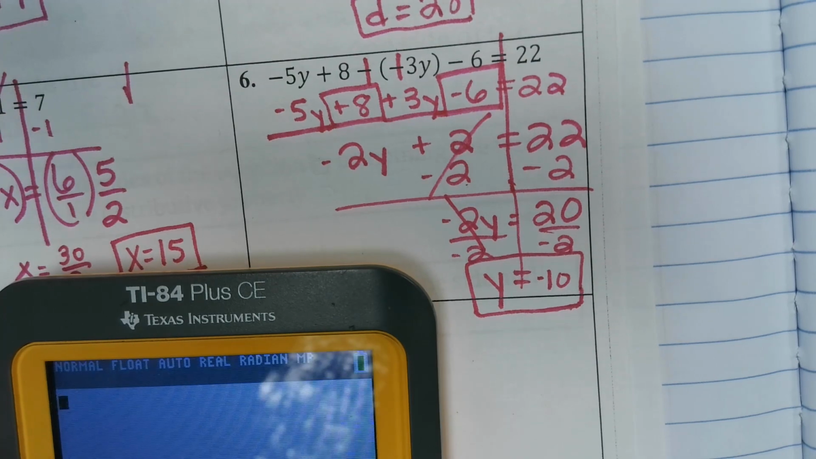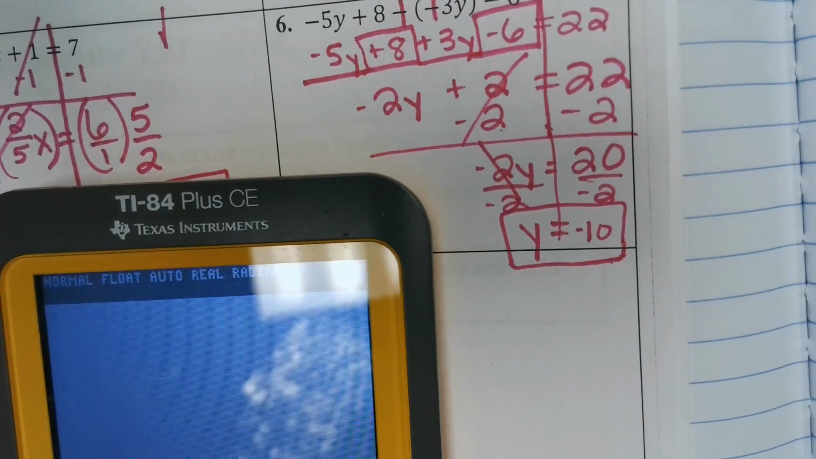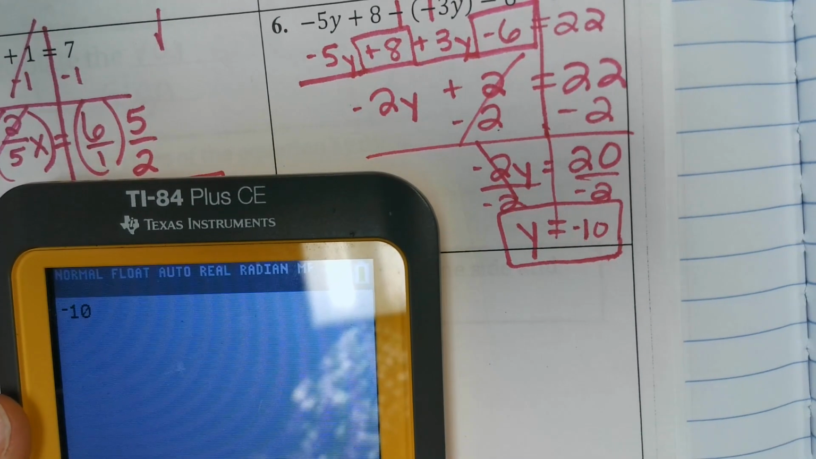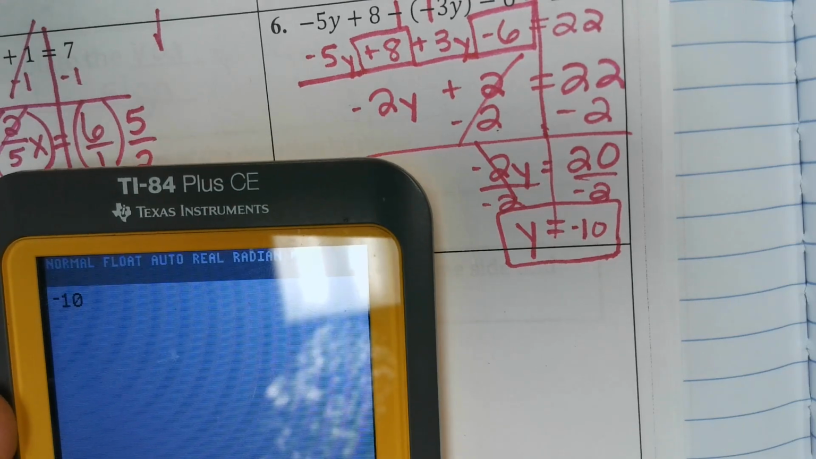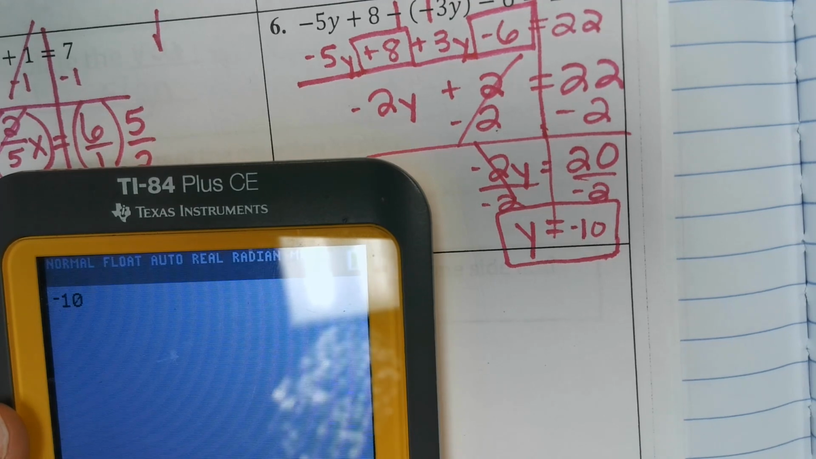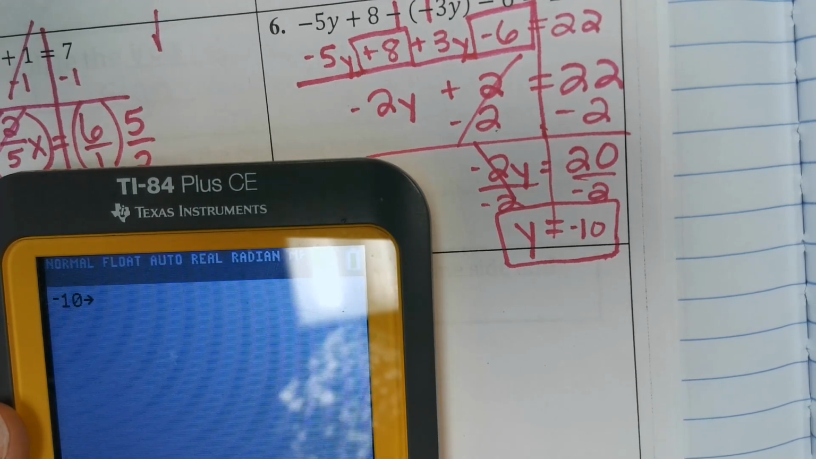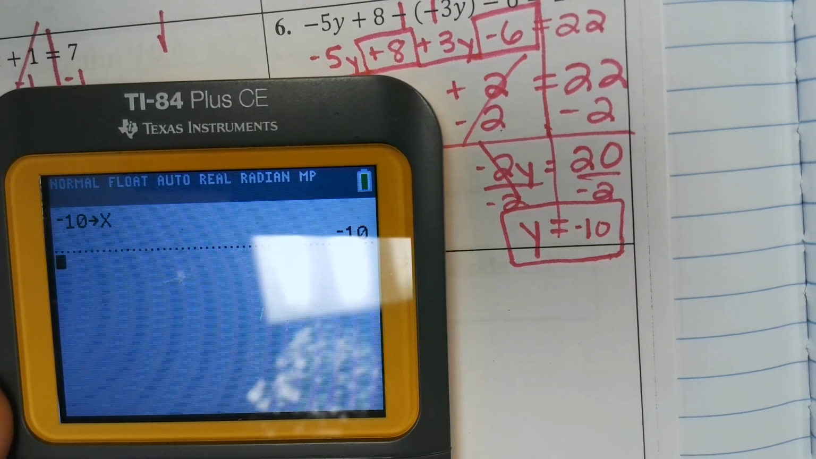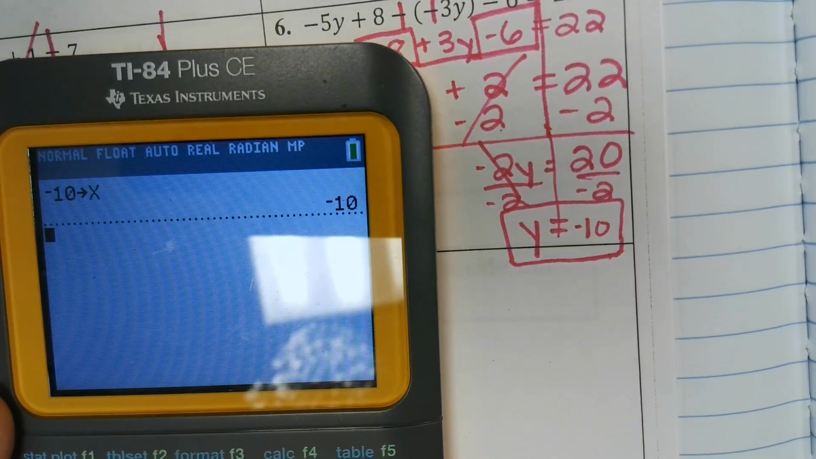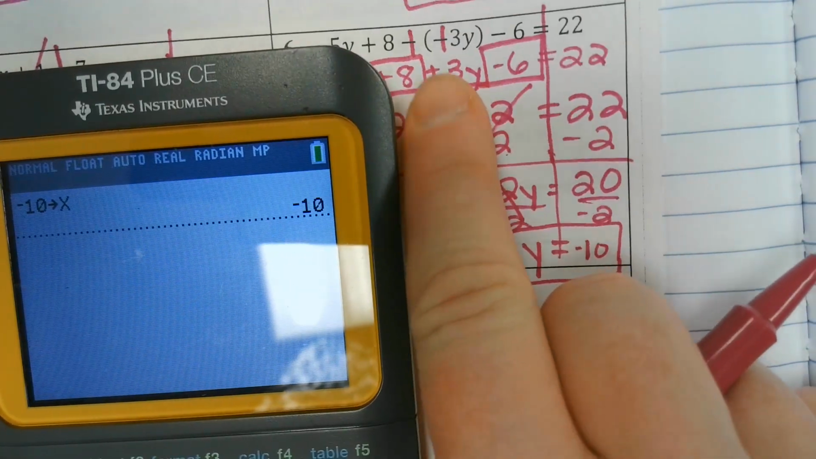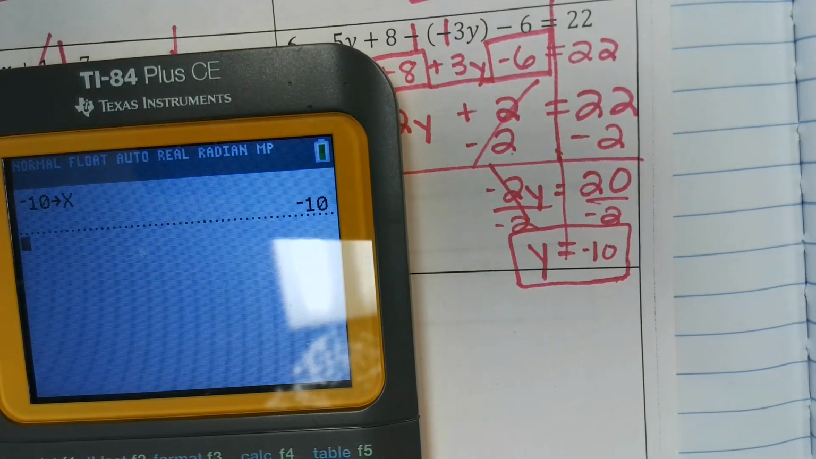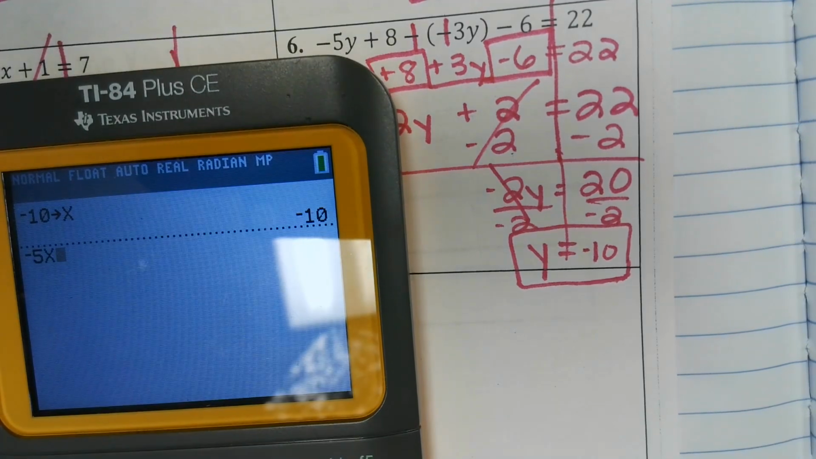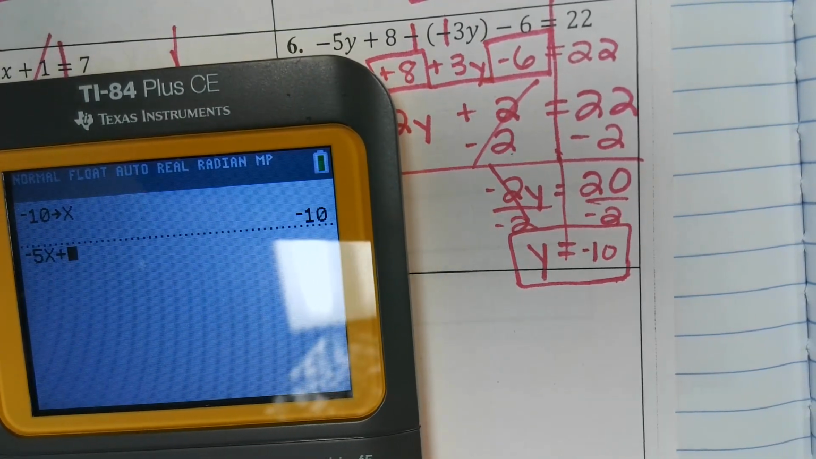Okay, so let's check our answer. So we're going to do negative 10. Y'all practice this with me. Get your calculator in front of you. Store X. And then put this in. Instead of using y, I use x. So negative 5x plus 8